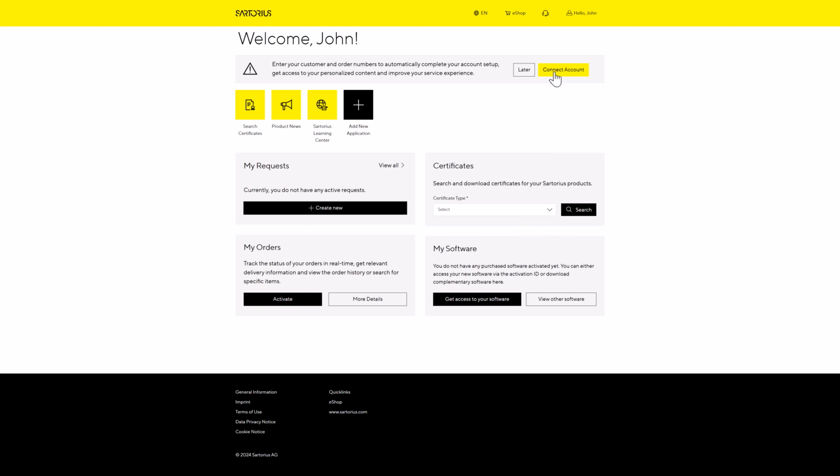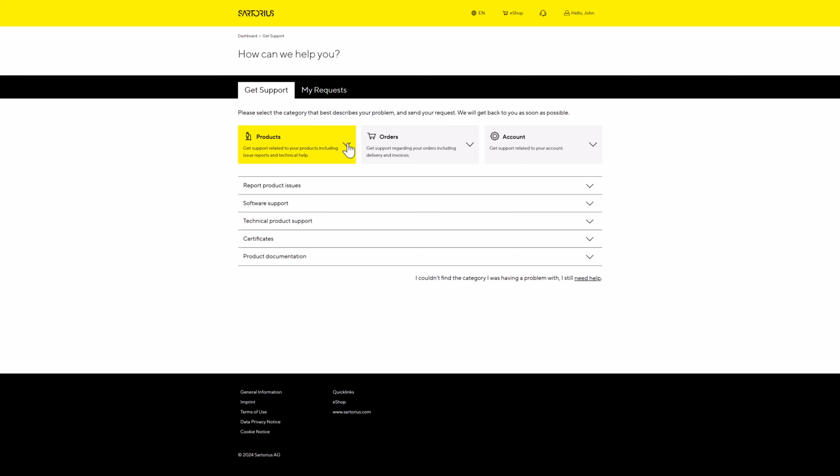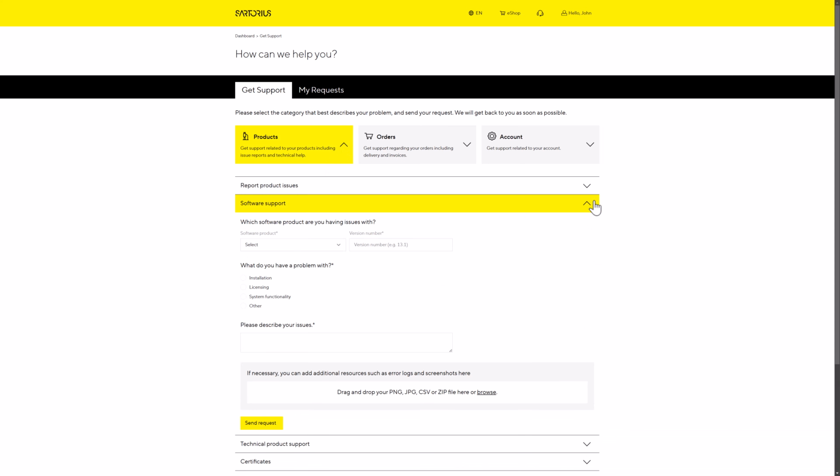You are now ready to add your support errand. To get support, click Create New under My Requests. This will take you to a page where you can get support for a range of Sartorius products. If it has to do with Umetrics software products, then please first click the Products button and then expand the drop-down Software Support. Here, you will first select which product to get support for, and then add the version